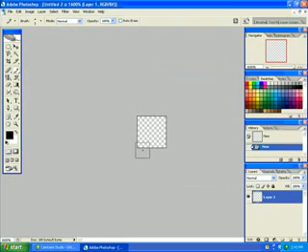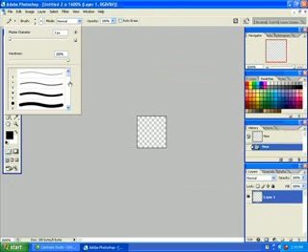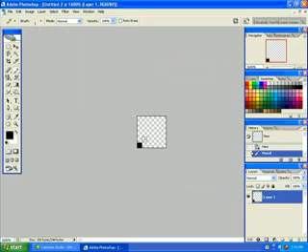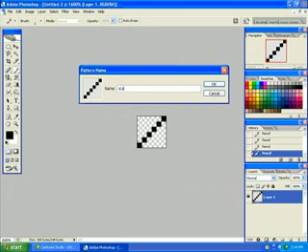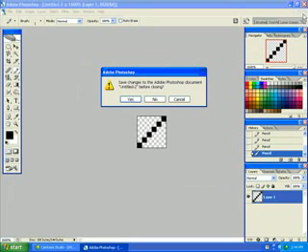So select the pencil tool, 1 pixel, and then make a line going diagonal like this. And then go to edit, define pattern, and call it scan lines. So you can close that